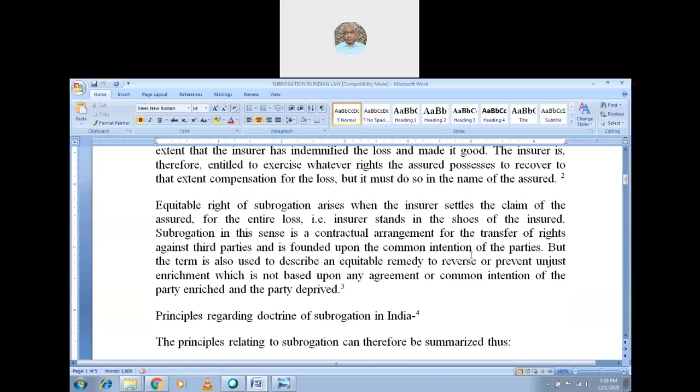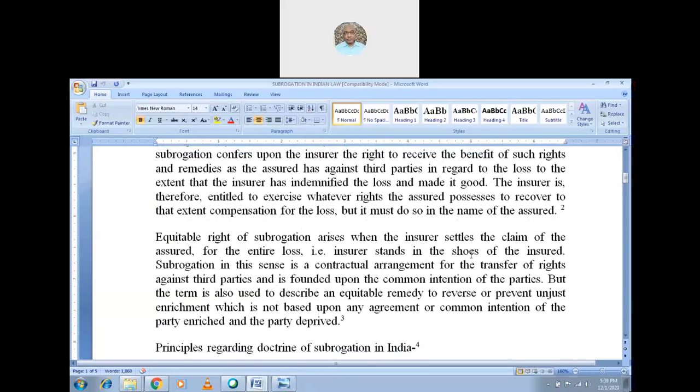Now the equitable right of subrogation, let us see. The equitable right of subrogation arises when the insurer settles the claim of the assured. Whatever the claim of the assured is, the insurer will make it good, so that the claim will be claimed by the insurance company. That is the point I want to say. I told you, the insurer stands in the shoe of the insured. Then he will claim. So subrogation in this sense